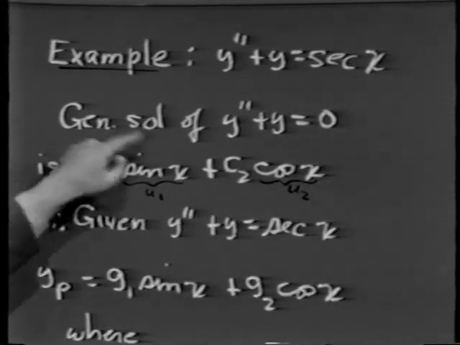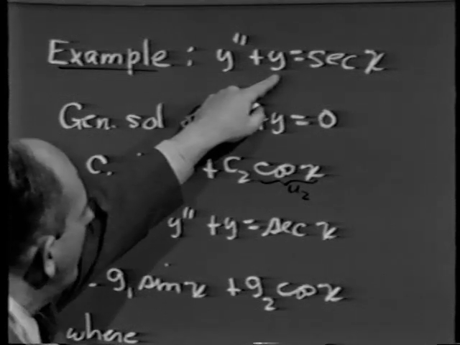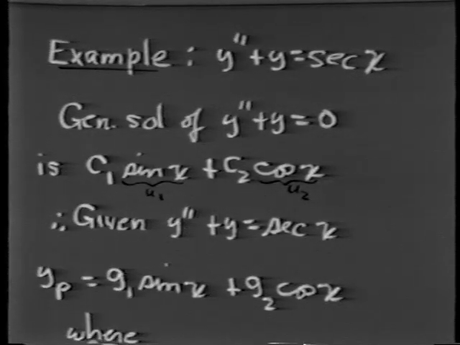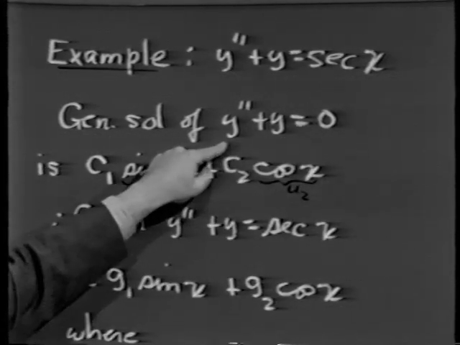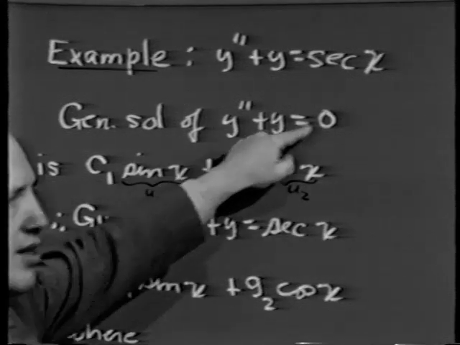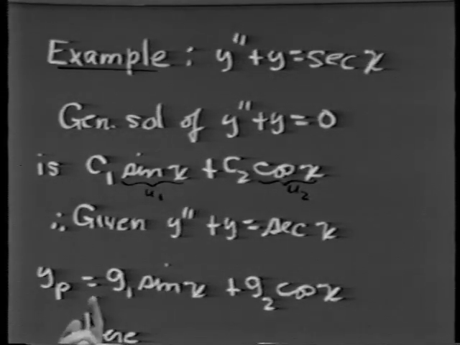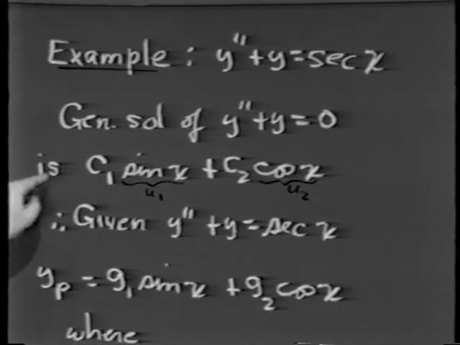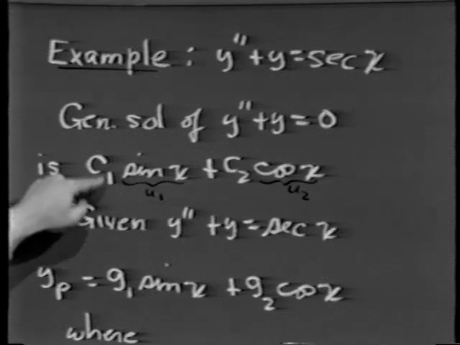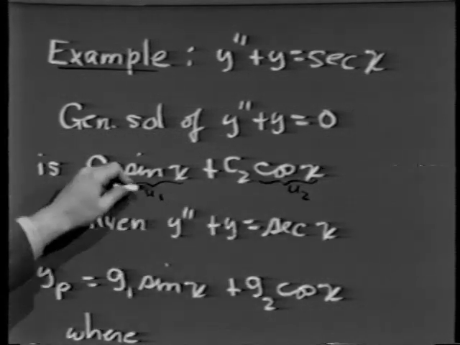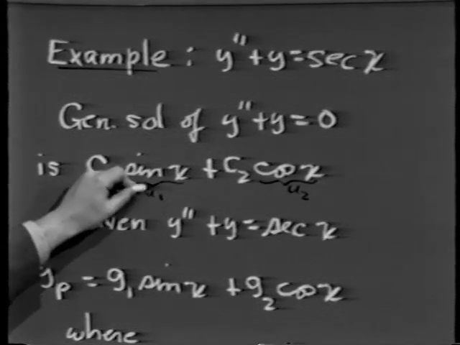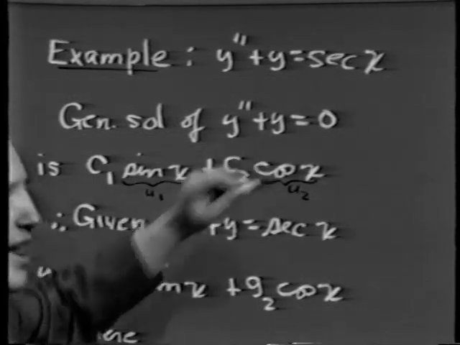The point is that because we have constant coefficients here, we can certainly write down the general solution of the homogeneous equation. This is y double prime plus y equals 0. That leads to the characteristic equation r squared plus 1 is 0, which leads to r equals plus or minus i. And using our usual technique, that leads to the general solution c1 sine x plus c2 cosine x. In other words, in this problem, sine x will play the role of u1,